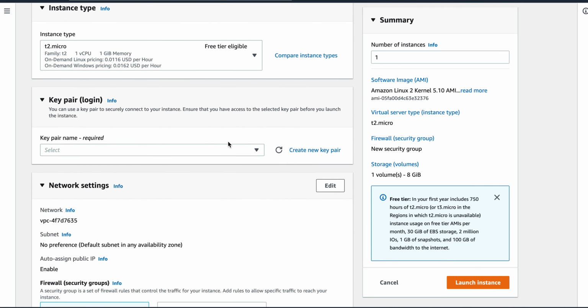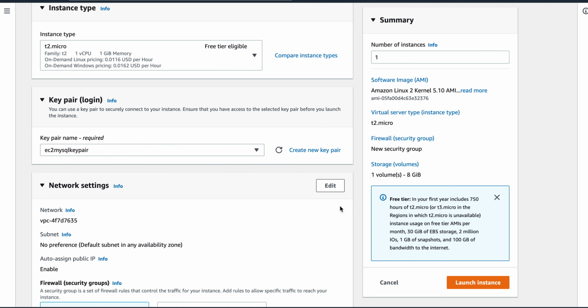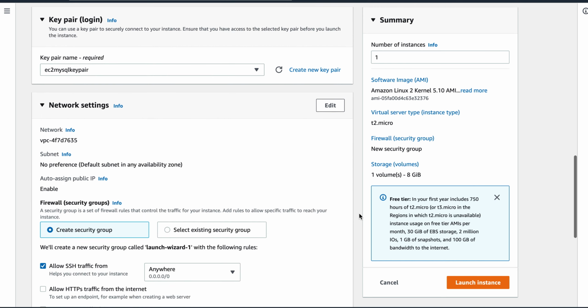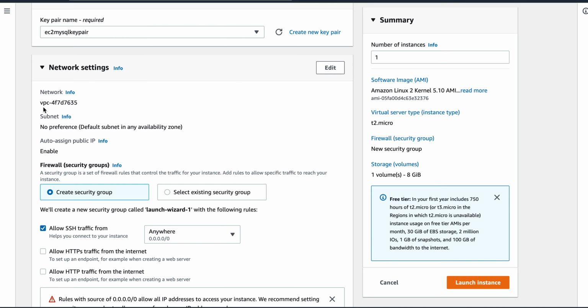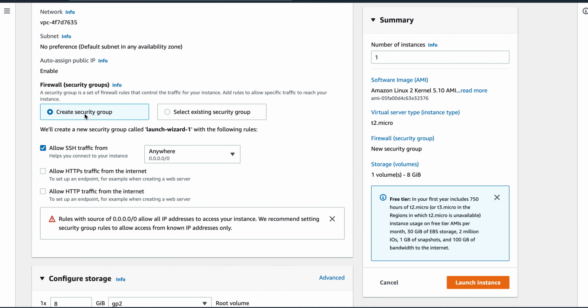The next is key pair login. You need to create a key pair to log in. I will just use an existing key pair that I already have. Then next is network settings: VPC, mine is the default VPC, and security group. I will create a new security group, or you can use an existing one. Then what kind of traffic you want to allow. I'm allowing SSH traffic. I can use anywhere, custom IP or my IP. It's up to you. I will just do anywhere for now. It is not a good practice. You should always secure your